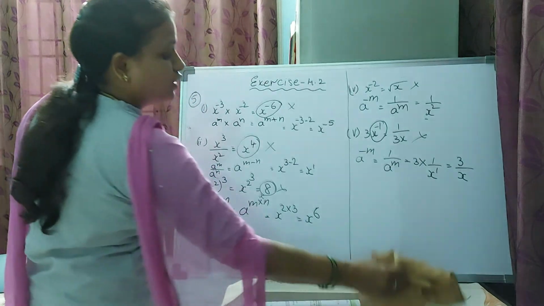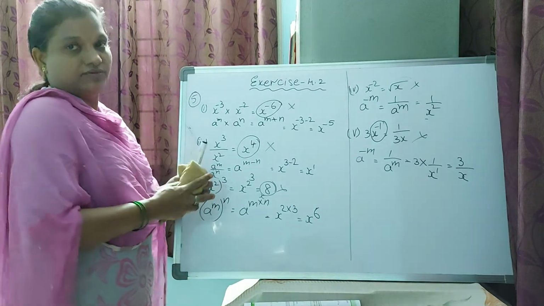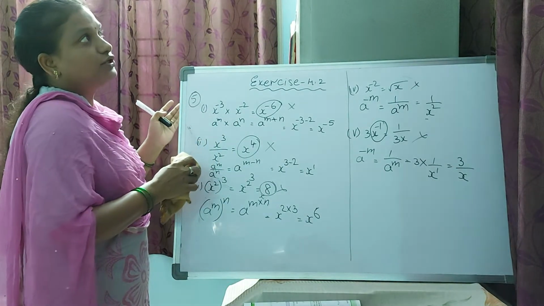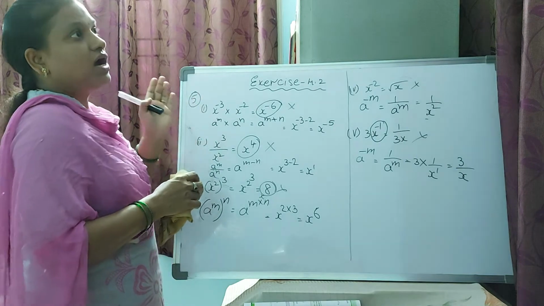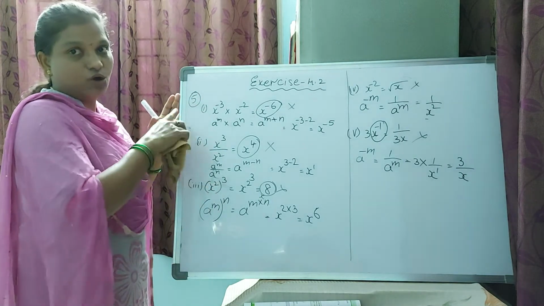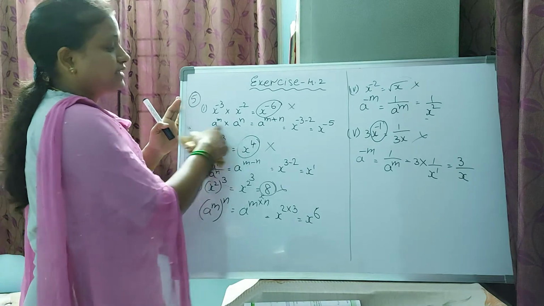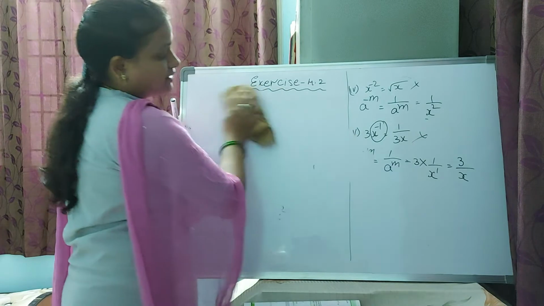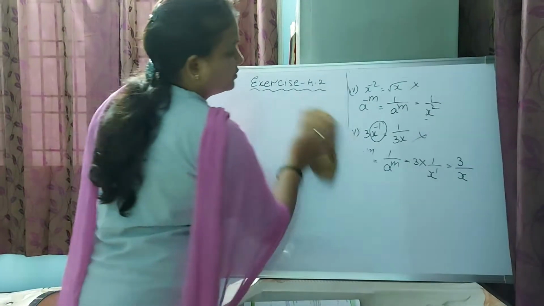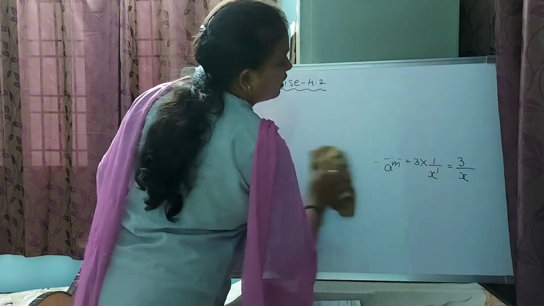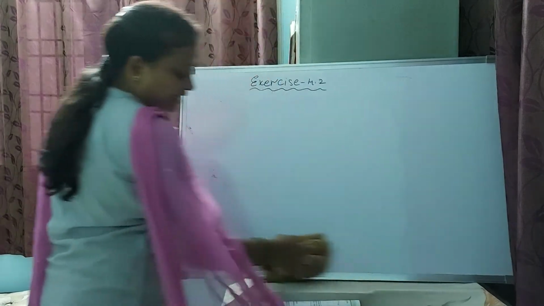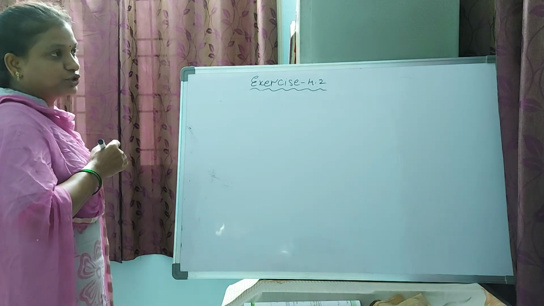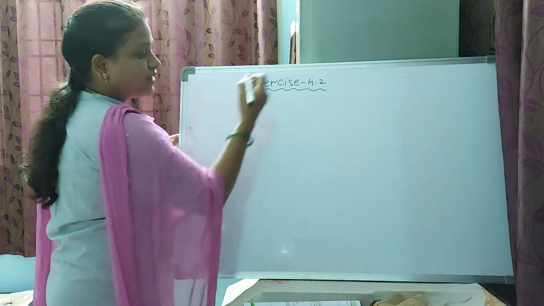See, in this chapter only one part we have to see now. Remaining all we completed: how to convert the usual form to standard form, and how to solve the problems by using these laws. Six laws are there, so by using those laws we can solve the problems. Now the last one is how to convert to standard form, where the number should be between 0 and 10.